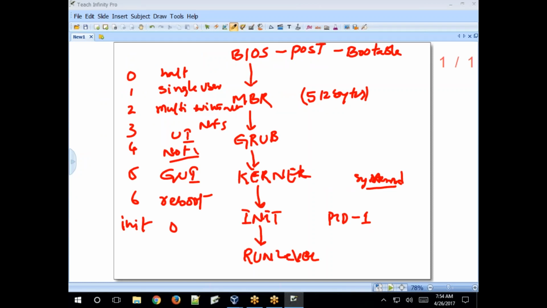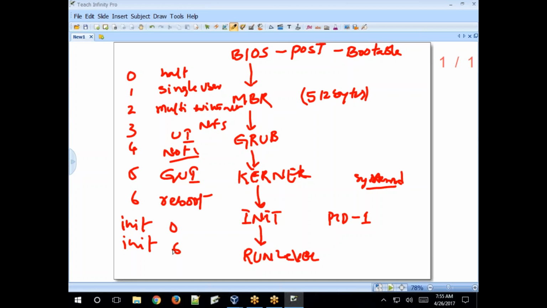See, init is the very first process, and you pass it signal 0. So now init will execute the run level, which means shut down, halt your system. It stops all the services and operating system services. Your system goes down. If you want to reboot, just pass the signal to init. Which signal? Signal 6. Then your system will be rebooted, restarted. Like this. So these are the run levels available in your Linux.